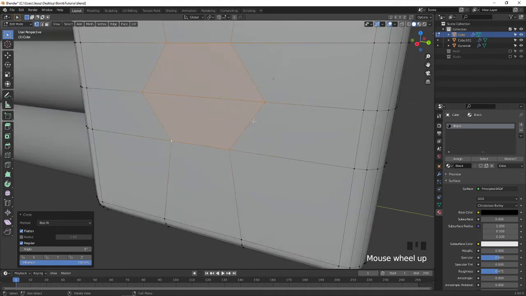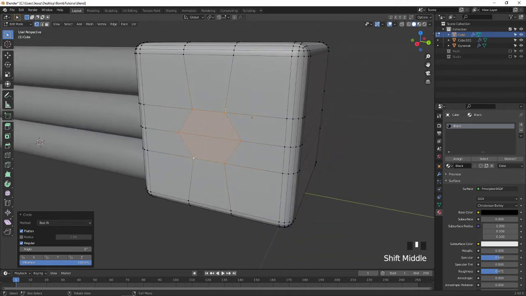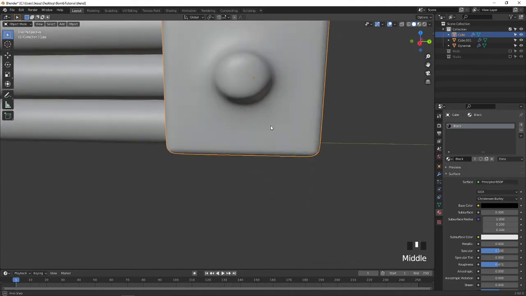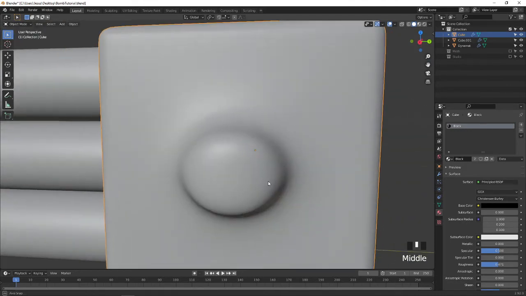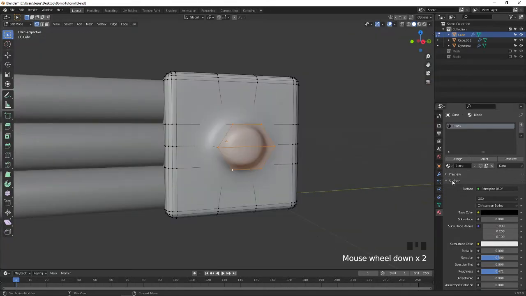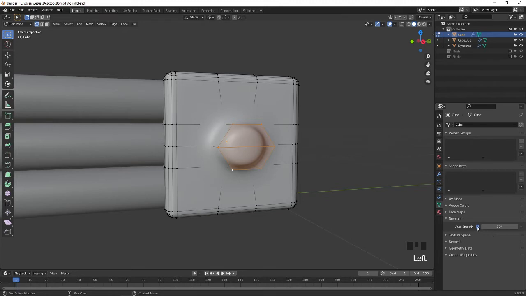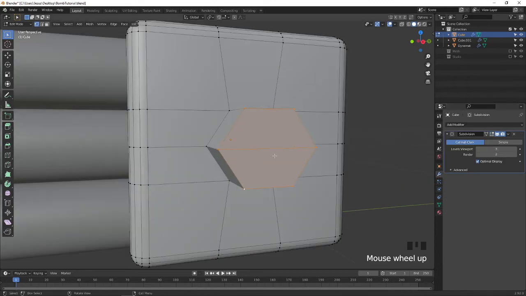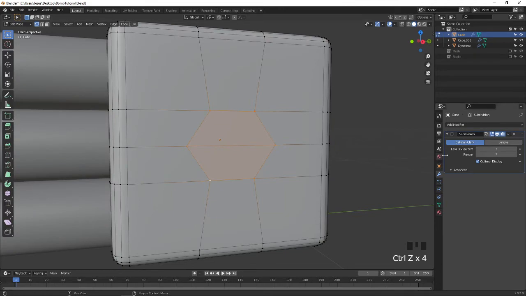Now one circle like that, the object is a circle shape. Press E to extrude and go to the object mode, and you can see. But here you can see it doesn't look like a circle or button. Why does it happen like this? There are reasons. I press Ctrl Z to